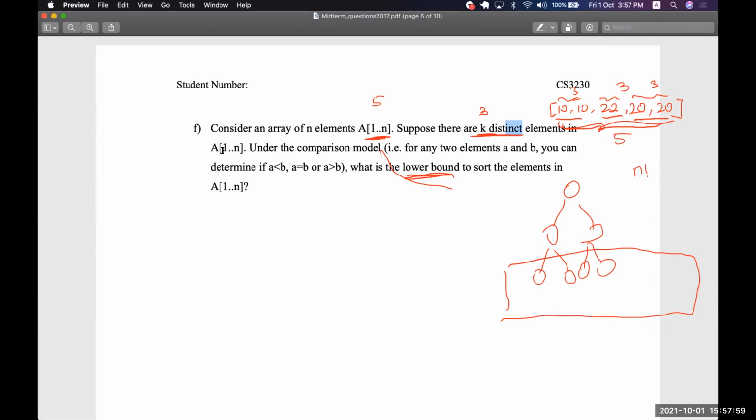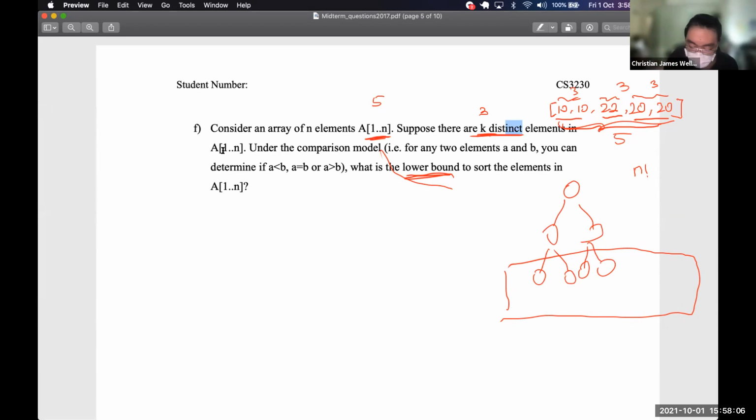But this time you're told that there are k distinct elements. That means previously it includes all n factorial, but this time there are fewer possibilities. For example, imagine sorting 3 elements, 1, 1, and 2. These 2 ones, whether you go on the left or go on the right, it's the same. So instead of 3 factorial possibilities, now it's like, let's see,